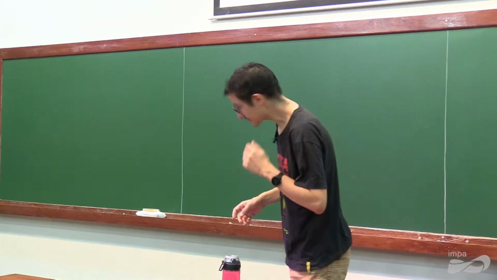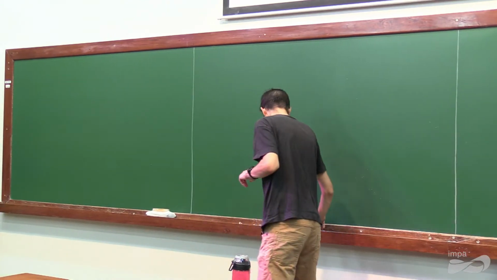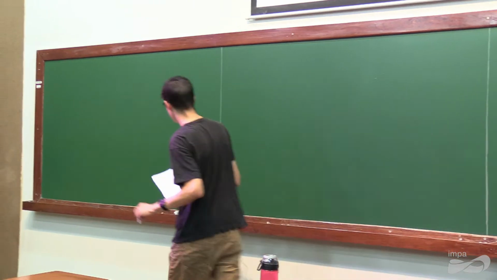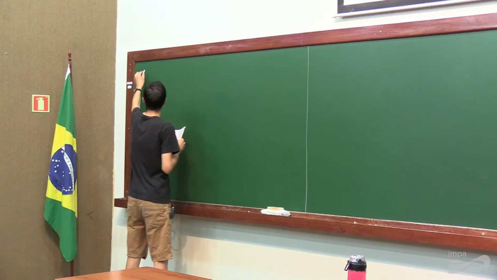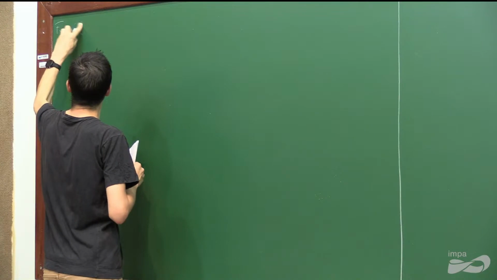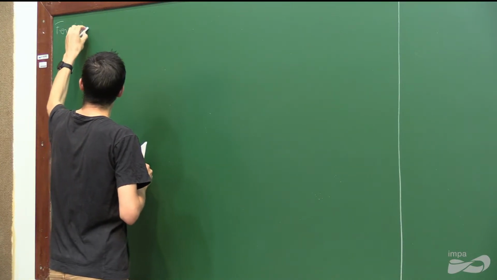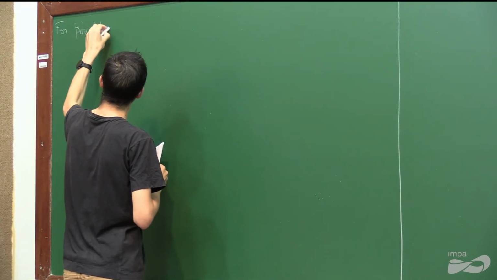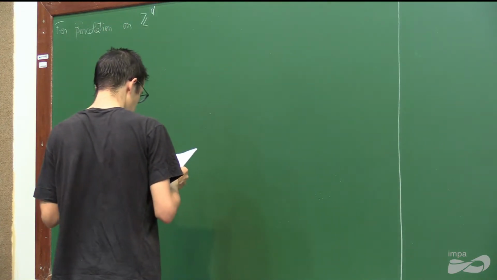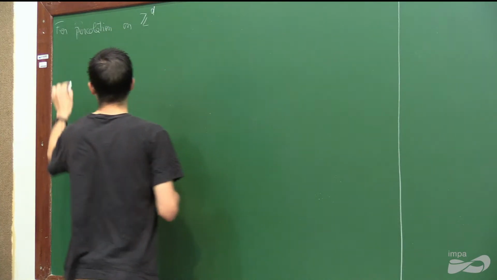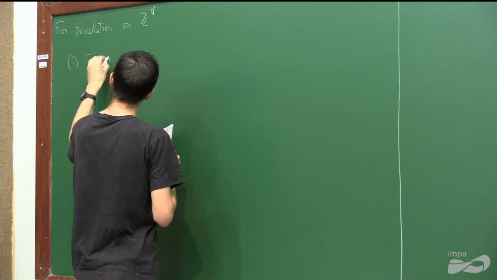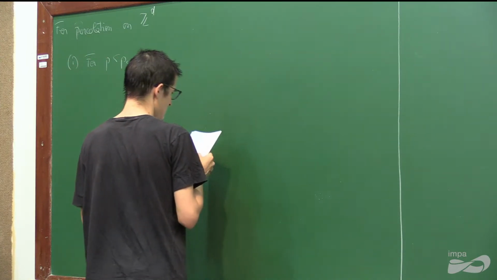So let's start with the plan of today. We are going to consider percolation in Z^d, and we are going to prove two things. The first thing is that when p is smaller than p_c,